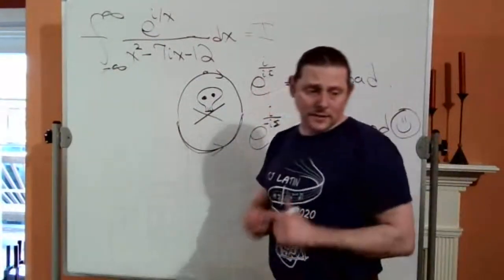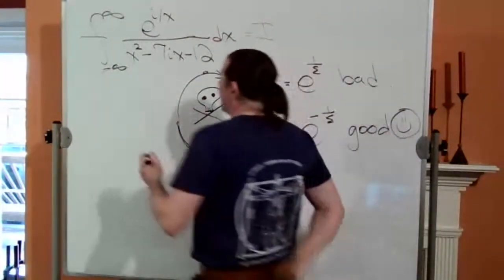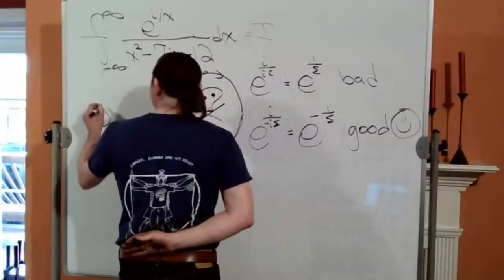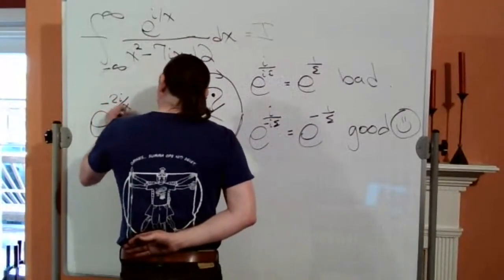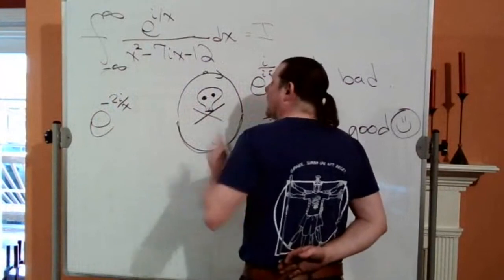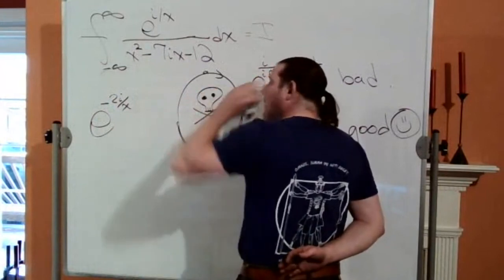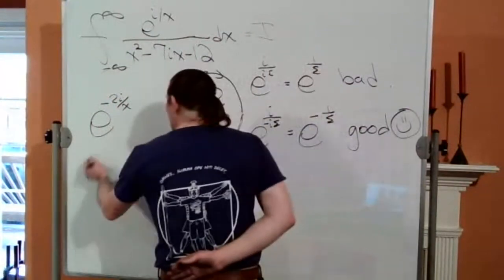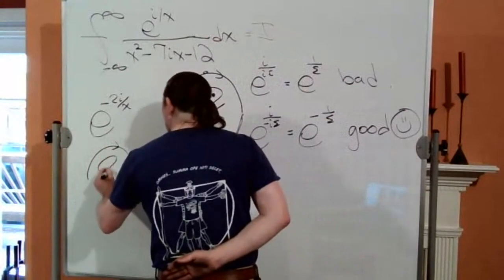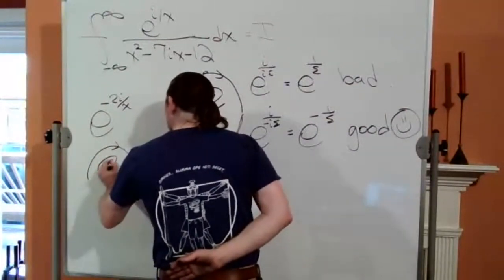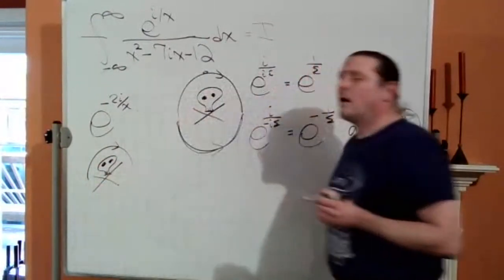Along the same lines, if I had, for example, e to the minus 2i over x, now I could close above, but not below. All right,